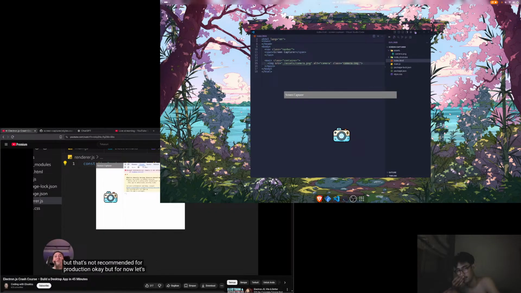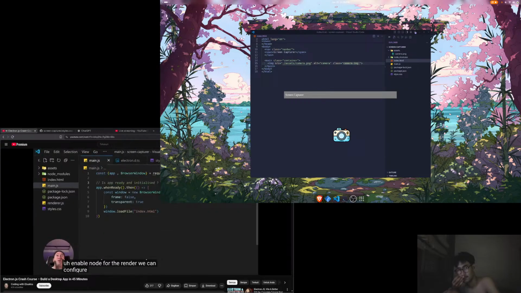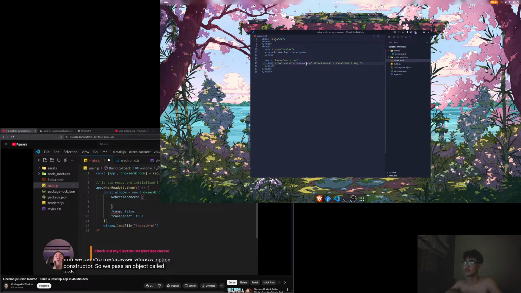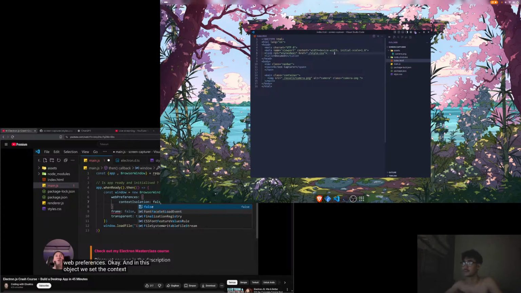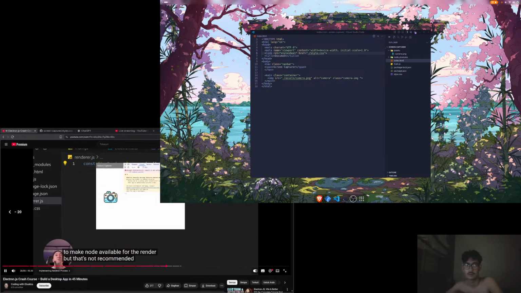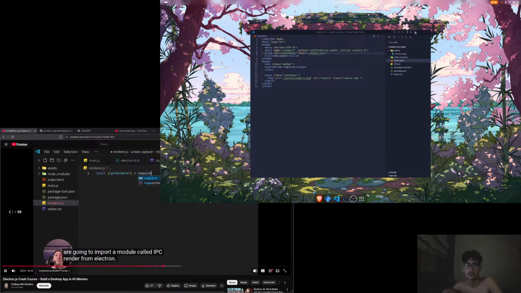But for now, let's just enable Node for the render. We can configure this from the options object that we pass to the browser window constructor. So we pass an object called webPreferences, and in this object, we set the context isolation to false